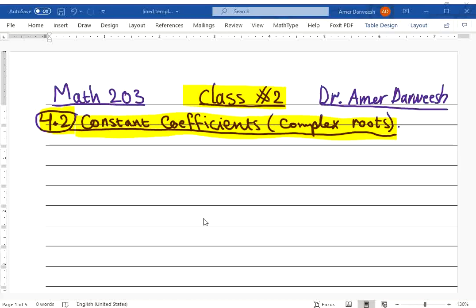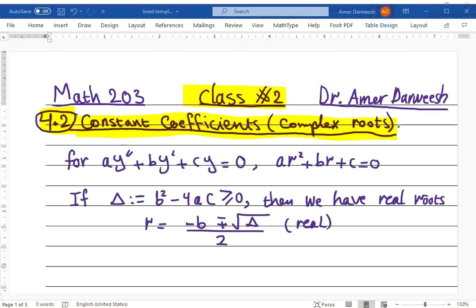بسم الله. الآن رايحين نحكي عن كلاس نمبر 2 وسكشن نمبر 2 from chapter 4 بعنوان constant coefficients. الحالة عنا الكومبلكس روتس. خلينا نستذكر مع بعض ايش اللي سويناه المحاضرة اللي فاتت. For the equation ay double prime plus by prime plus cy equals 0, the corresponding auxiliary equation is